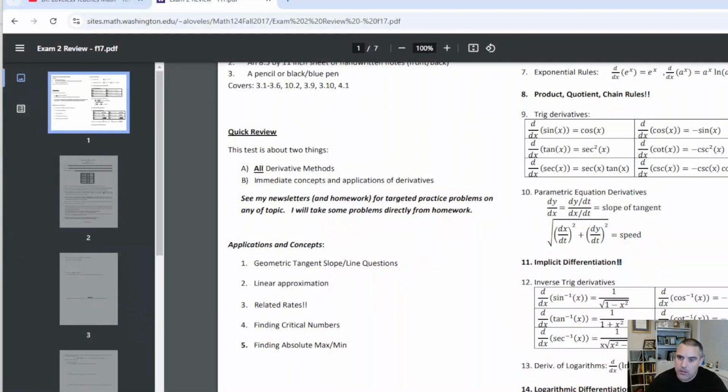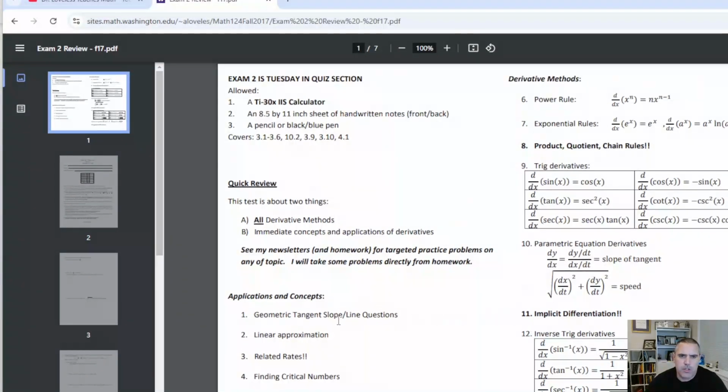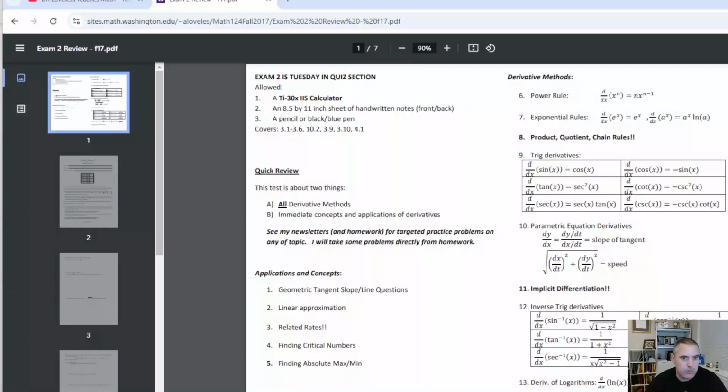That, in combination with the other rules we've learned, allowed you to do logarithmic differentiation. Pretty much an exam 2 in this course would always have all those derivatives. So I think of this as a test in derivatives that would include related rates. Related rates really is derivatives too, and then possibly a few other things you did along the way.